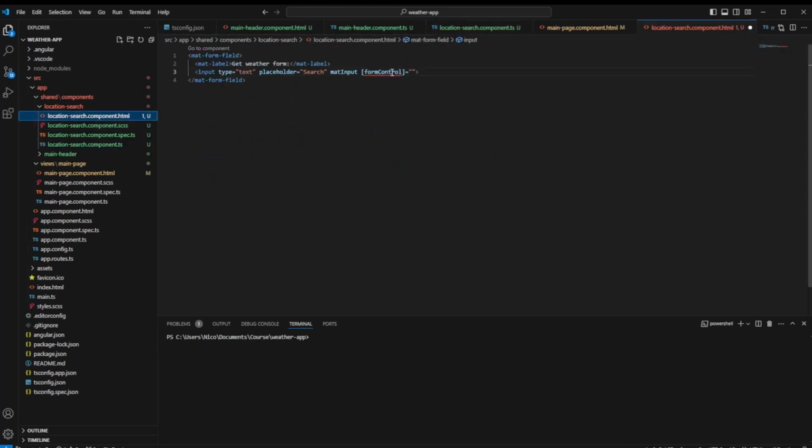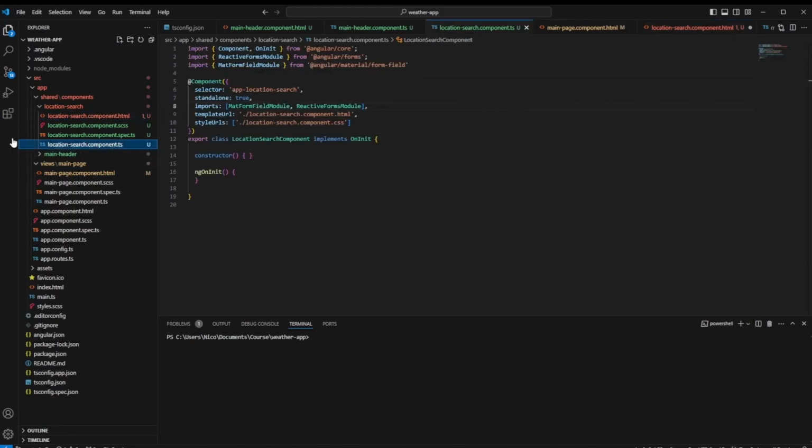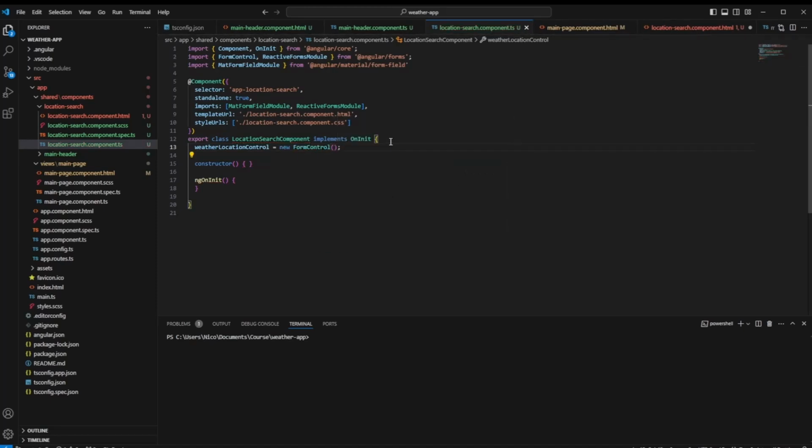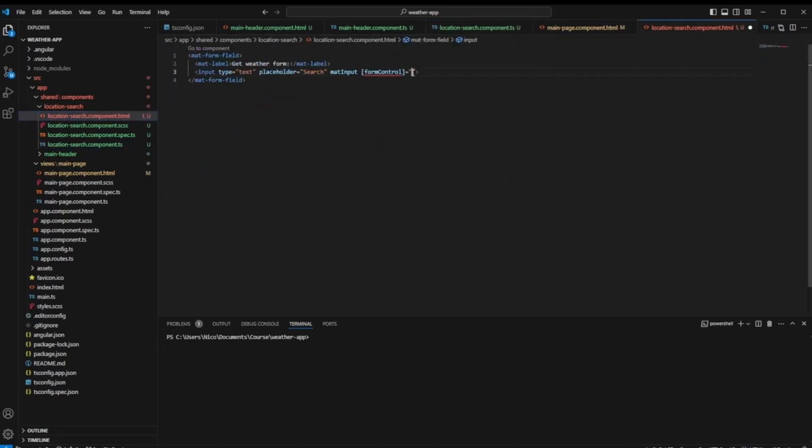That one will help us with getting the data and controlling over all the field. We're doing this by creating here a new attribute named weather location control. That is a form control. And here we place this newly created weather location control to